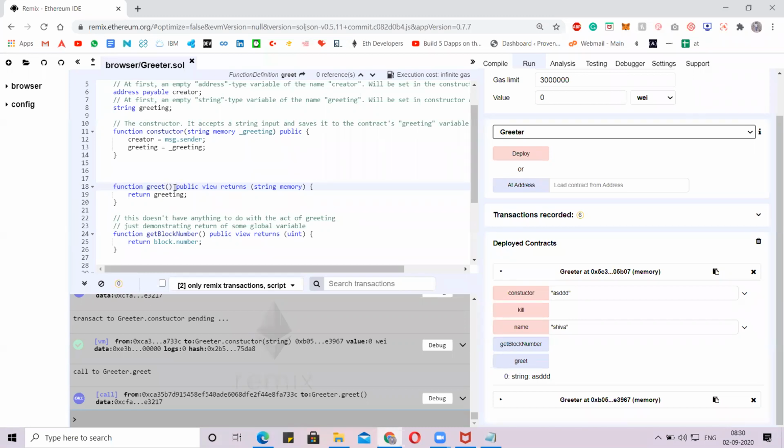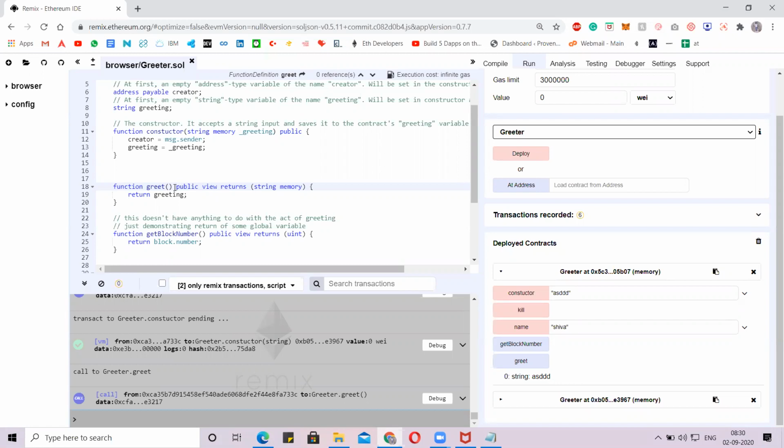I need an answer. Cool, cool. But we have a view parameter.